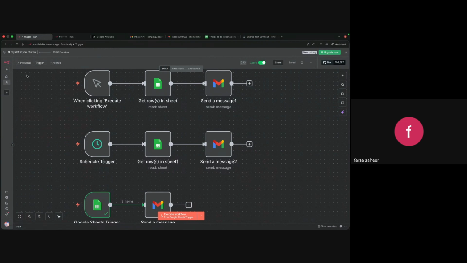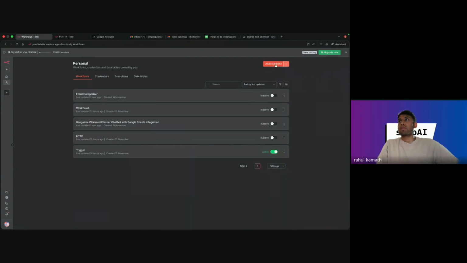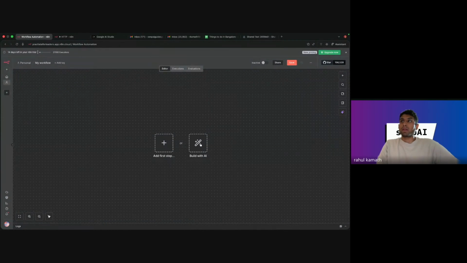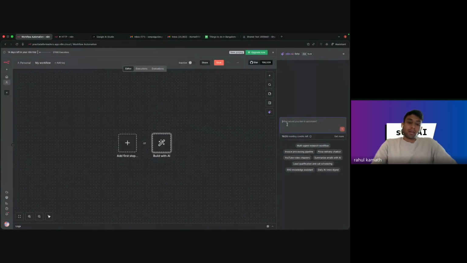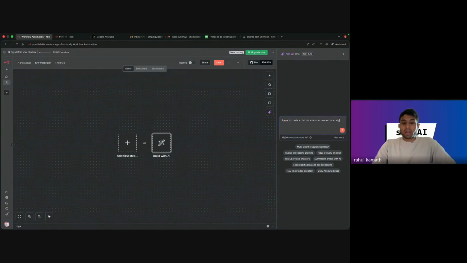And are we just using one LLM node to maybe parse the data? Is that where it comes in? It's a good question, Fazza. AI can be used either for building an application, or at runtime when the application is running. N8N allows you to build applications through it as well. For example, if I go to create workflow, there are two methods. I can either do it manually or build with AI. When I hit build with AI, I can give it a prompt for exactly what I want it to do. I want to create a chatbot which can connect to an AI agent which is connected to my Google Sheets.